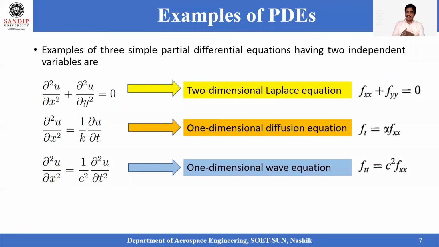There is nothing new in this format, just alpha has been replaced with k, where k is equal to 1 by alpha. If you send that k to the other side, it is the same as your diffusion equation. So this is how we write these equations in general mathematics when approaching the problem, as shown here. And the last one is the one-dimensional wave equation, along the one variable x. That is dou square u by dou x square is equal to 1 by c square into dou square u by dou t square. These are all the examples of how these types of equations look. These are simple examples of partial differential equations where the single order and double order terms are involved.